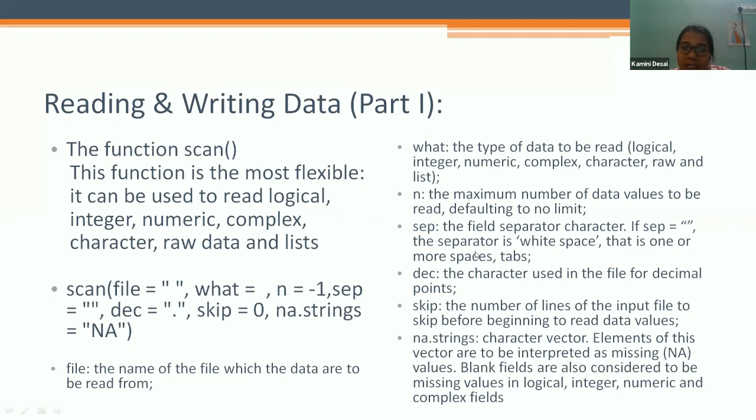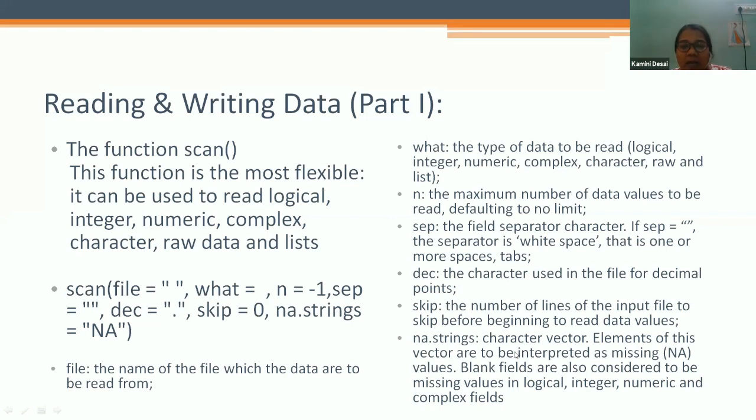The default separator is white space, that is one or more spaces or tabs. Decimal, the character used in the file for the decimal point, so we give dec, meaning I want the answer in 2 decimal, 3 decimal places, so we have to define the decimal point here. Skip, the number of lines of the input file to skip before beginning to read data values.